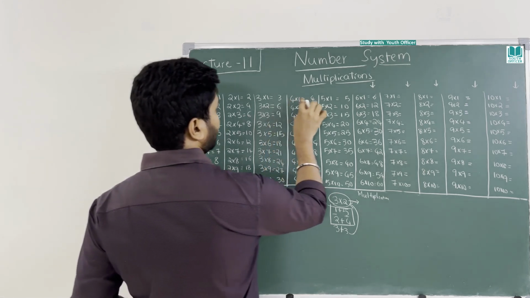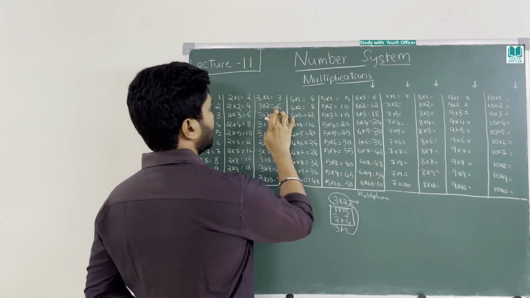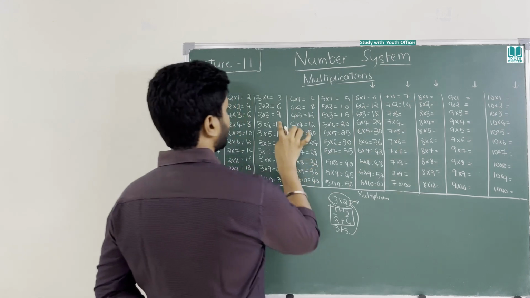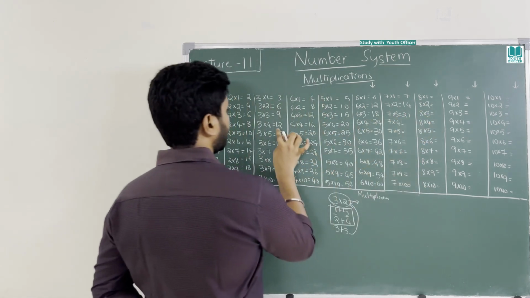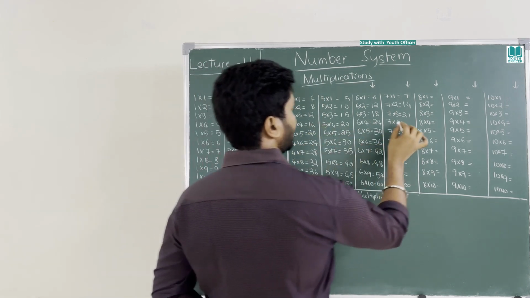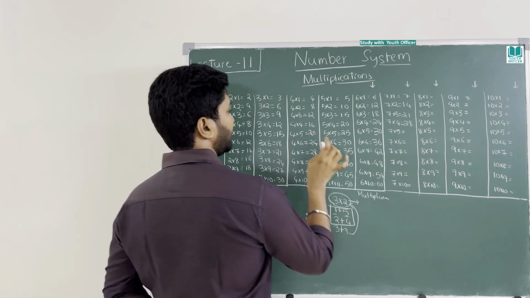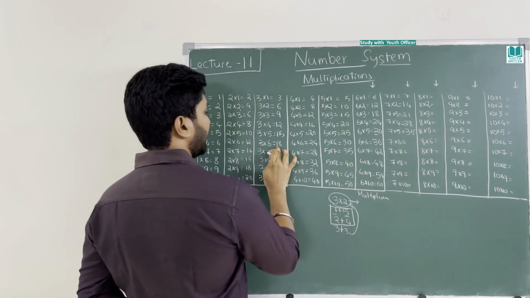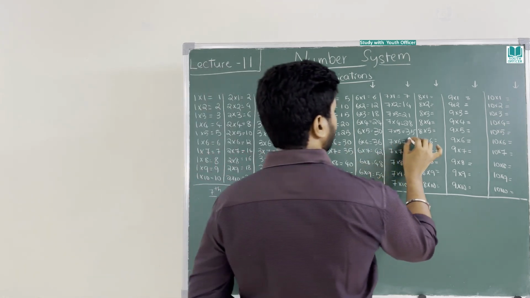Now 3 plus 4 is 7, 6 plus 8 is 14, 9 plus 12 is 21, 12 plus 16 is 28, 15 plus 20 is 35, 18 plus 24, 8 you add here, 32, 10, 42,